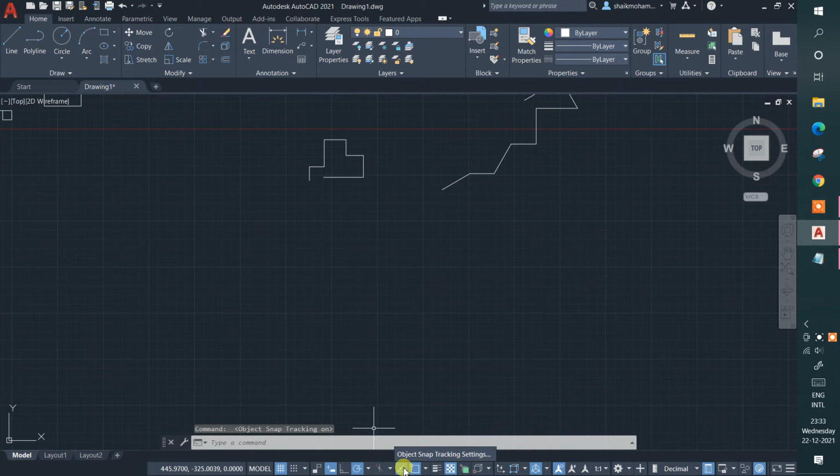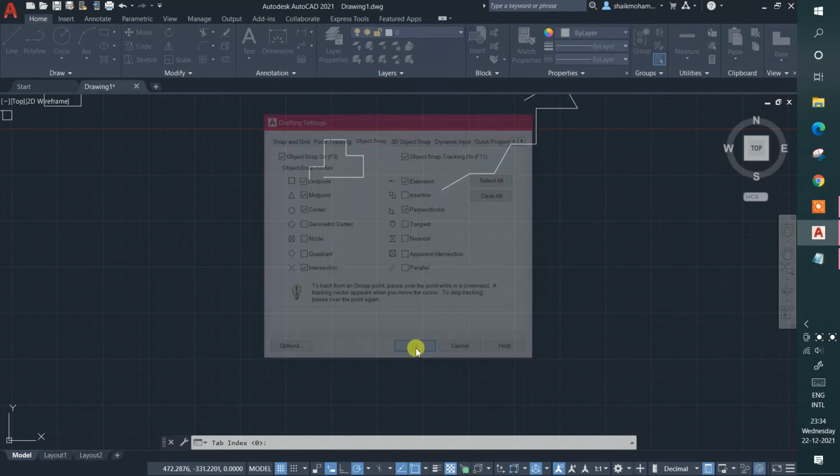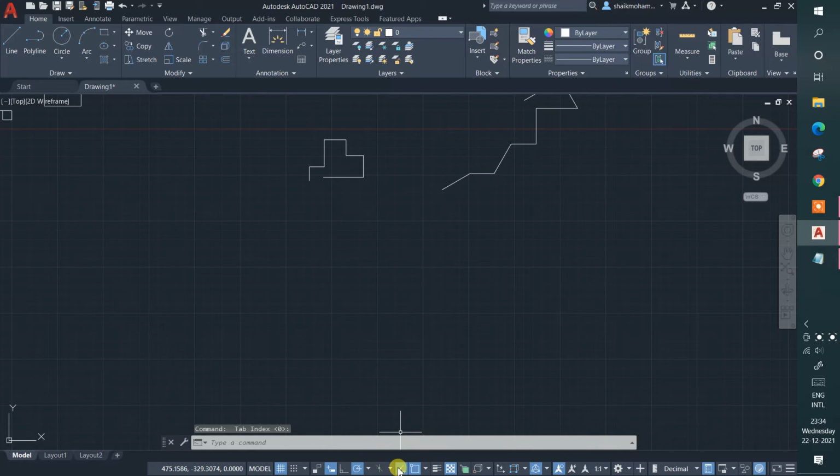And after that, you can see object snap tracking, okay. Let's go to settings, okay. This is called object snapping or auto snapping, and click on right click and go to object snap settings. You can see here I have only ticked a few of the things, guys: endpoint, midpoint, center, intersection, extension, perpendicular. I haven't clicked all these things. Why? Because auto snapping somewhat disturbs you. That's why I just want to turn this one off, okay.